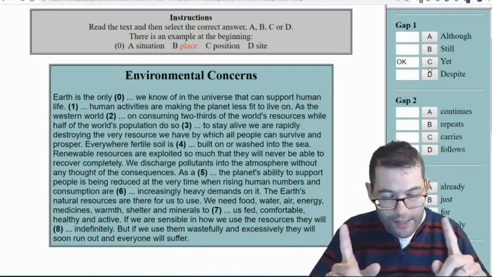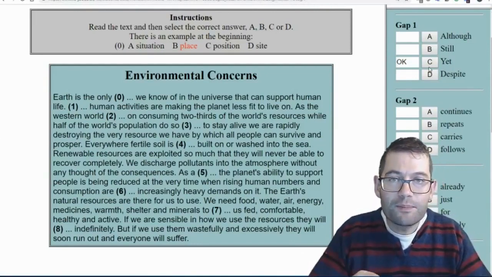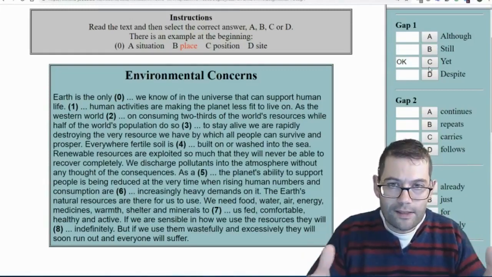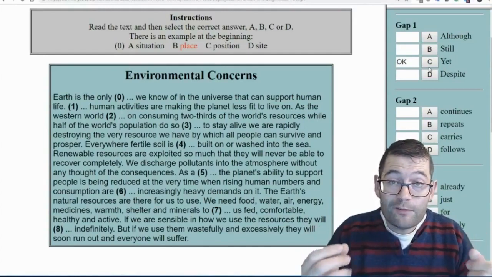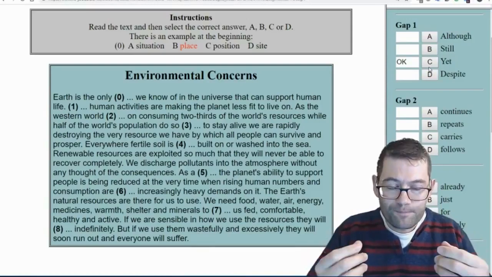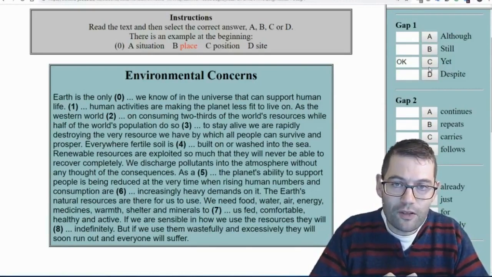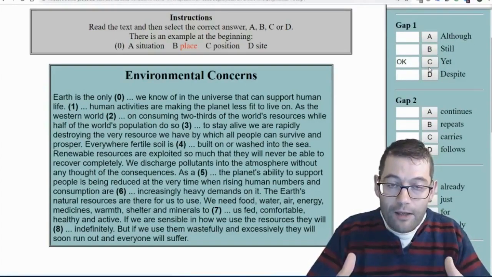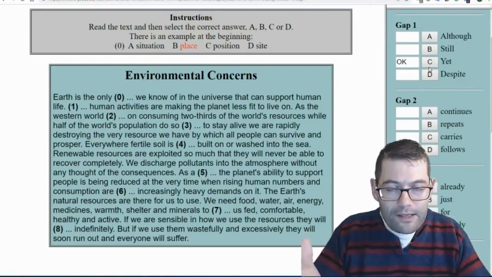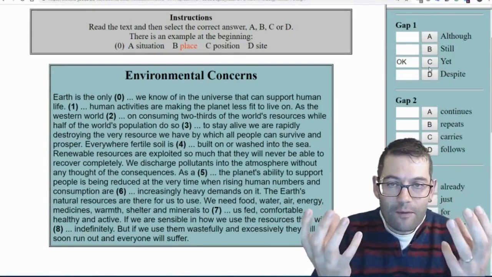Now you're probably thinking, well, as a matter of fact, Simon, there are two other words which suggest contrast, although and despite. And you're absolutely correct, they do suggest contrast. So why is the answer not although or despite? Well, this comes down to sentence structure. Although and despite are what they call subordinate conjunctions. That's right, they're called subordinate conjunctions. And a subordinate conjunction belongs in a subordinate clause, and a subordinate clause needs a main clause. So what we need here is a sentence with both a subordinate clause and a main clause.